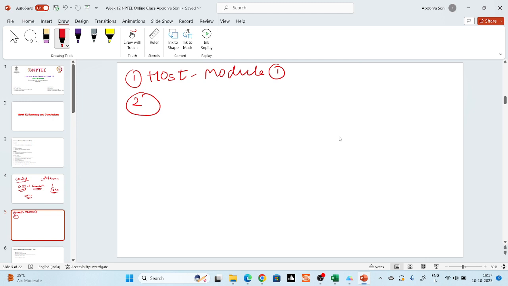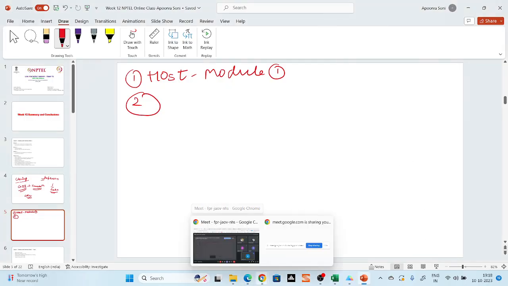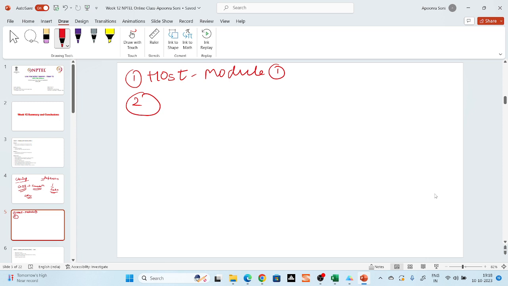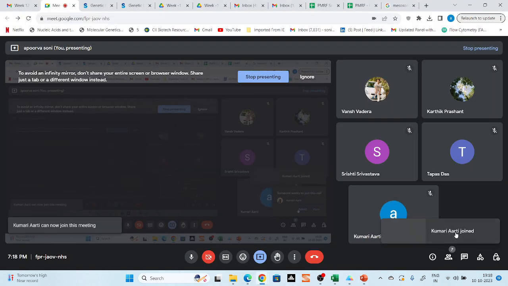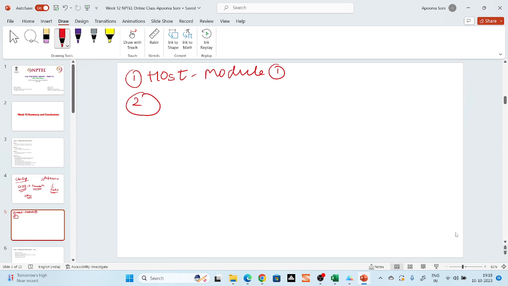Anybody who wants to try? Why do you need to know whether your host is a prokaryote or a eukaryote host? You need to know about the properties of your host, because